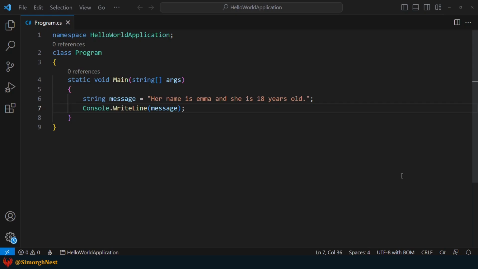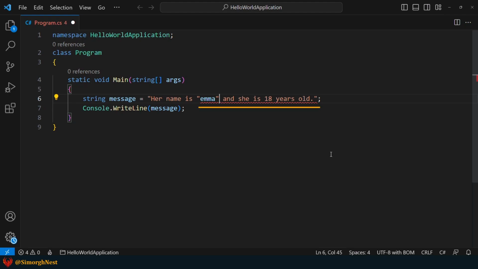In C#, we can put any character in a string literal. However, there are some special characters that we cannot easily include in the string. For example, since this string literal is surrounded by double quotation marks, it cannot contain a double quotation character. If we put double quotations in this string literal, as you can see, we encounter an error.